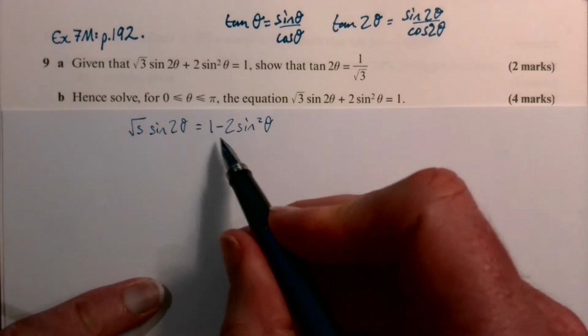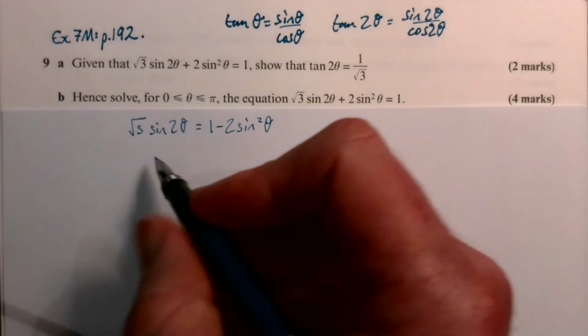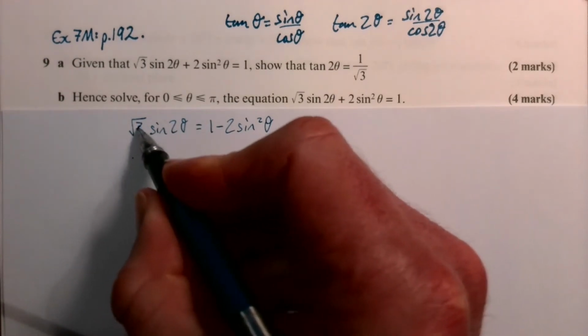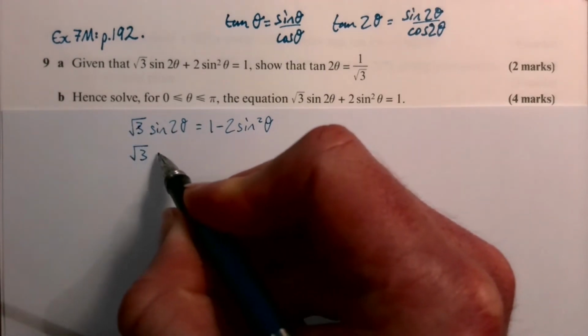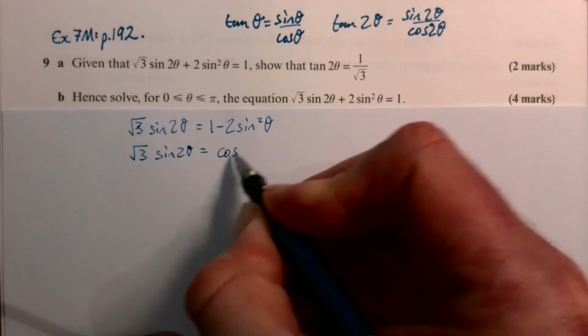Cos 2 theta, one of its identities is 1 take 2 sine squared theta, so we can just drop that in. So then we've got root 3 sine 2 theta equals cos